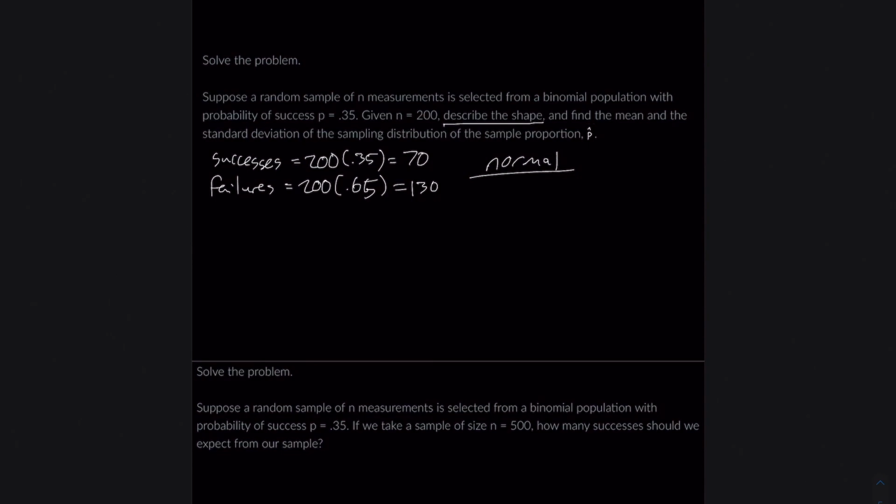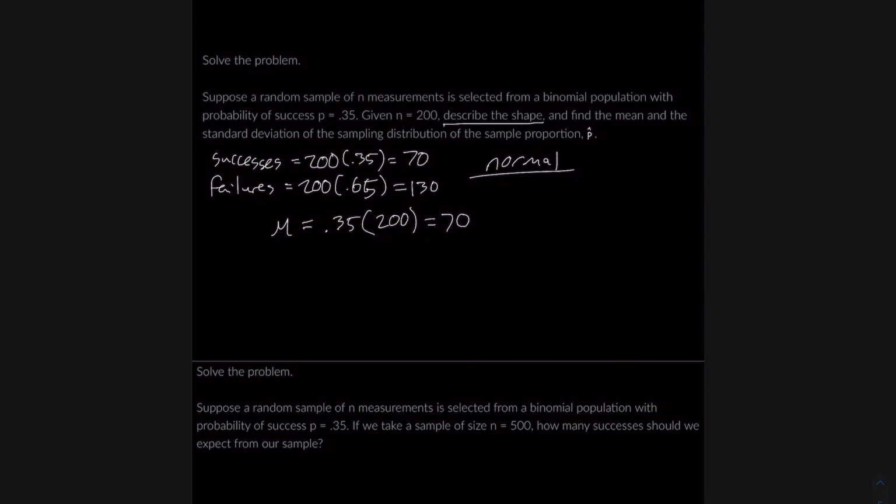Okay, now we have to find the mean and the standard deviation of the sampling distribution of the sample proportion. And actually, no, this is not p hat. So for this one, we are going to find the mean and the standard deviation of the sampling distribution of the proportion. So I'm just going to write mu here because it's just a general mean for this problem. So the mean is always going to be equal to np, so 200 times 0.35, and we already said that